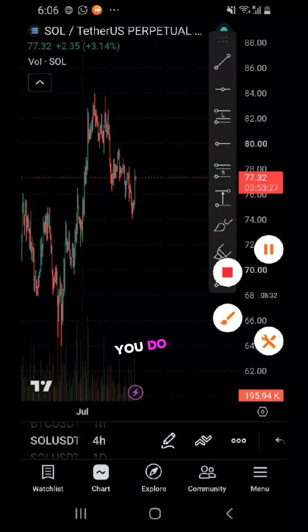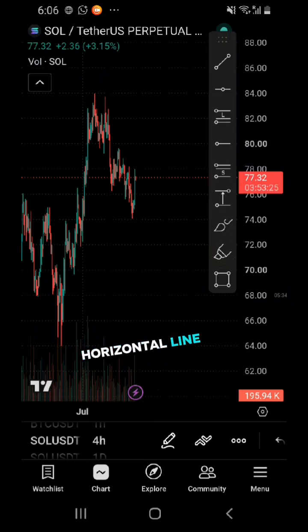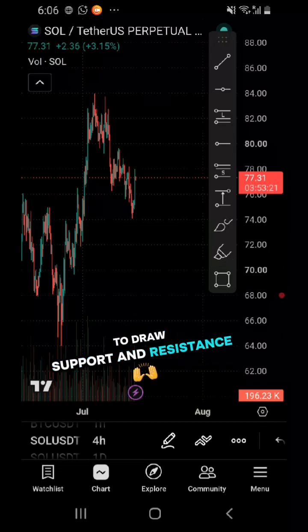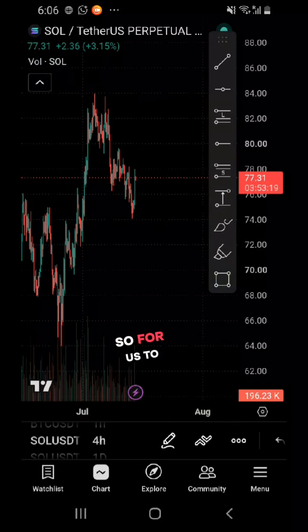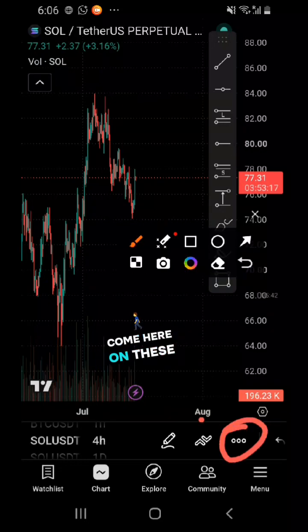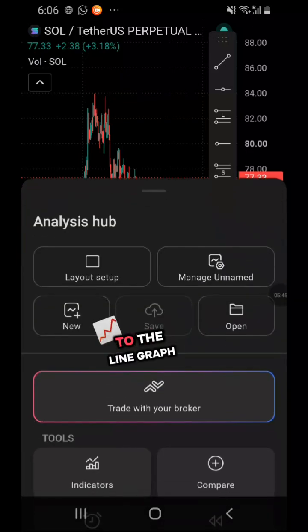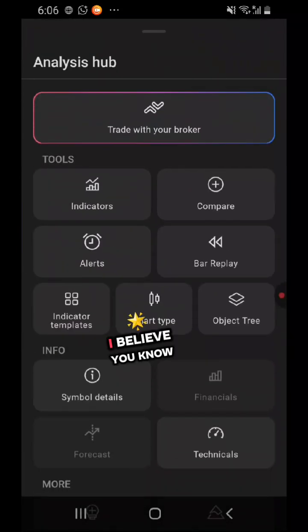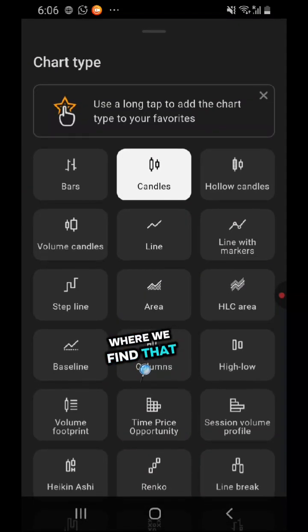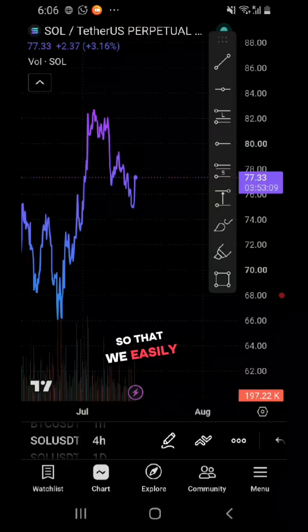That's what you do. Let's go to the horizontal line. This is used especially to draw support and resistance. So for us to do that, I'm going to first come here on these three dots and change my chart to the line graph. I believe you know where we find that line graph,